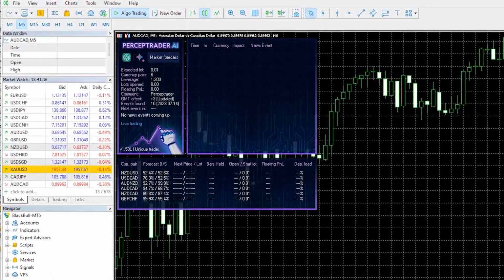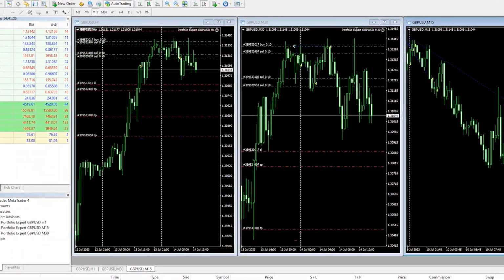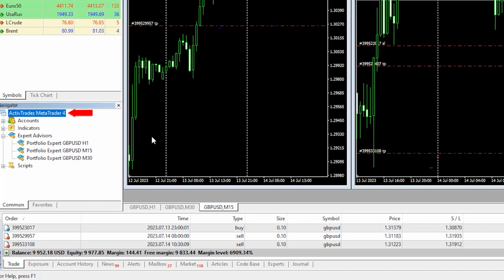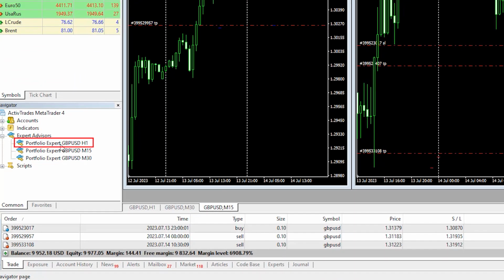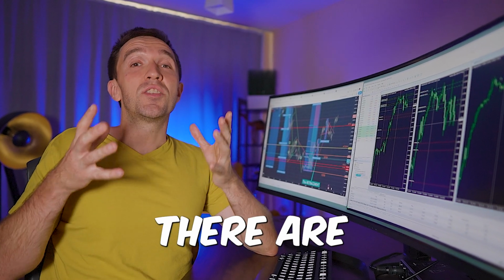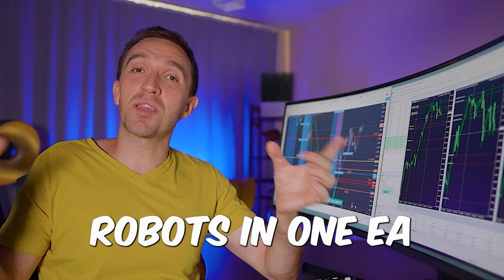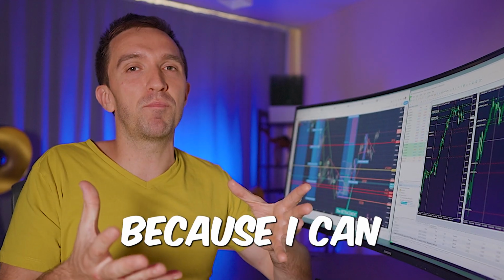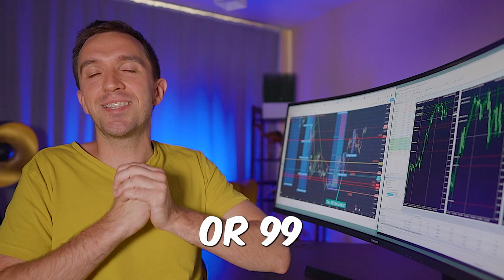And the last one I want to show you is the account that I have right in here on the left of my monitor. Okay, here it is. So this is where I have an account with active trades, and I have those portfolio EAs. You can see that there are 3 expert advisors, but inside there are 30 strategies in total. So the portfolio EAs are a combination of many robots in one EA, which makes it much easier to test many strategies and robots, because I can put many in one chart and not have 50 or 99 different